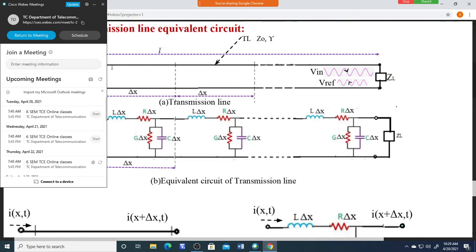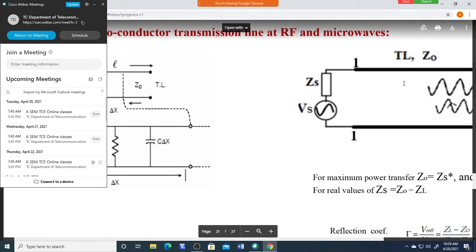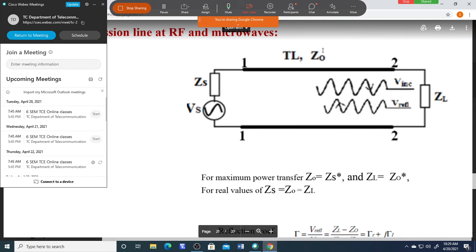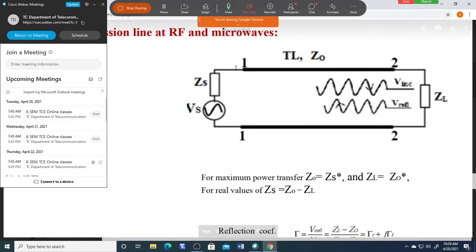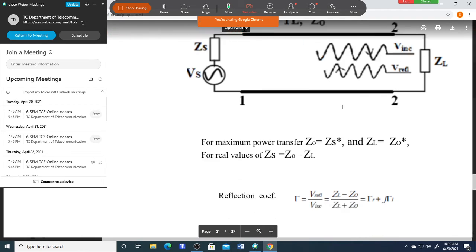So at any instant of time, assuming the source is matched. Source is matched means, do not confuse, here this ZS is matched with Z0. In that case I am considering ZS is matched with Z0, but ZL is not matched with Z0. Z0 is not matched with ZL, but ZS is matched with Z0, so there is no reflection here, power from the source is delivered to the transmission line, but because Z0 is not matched with ZL, there is a reflection that takes place.